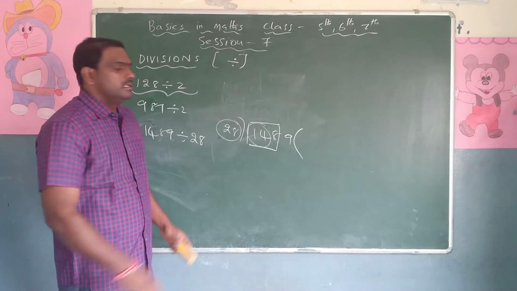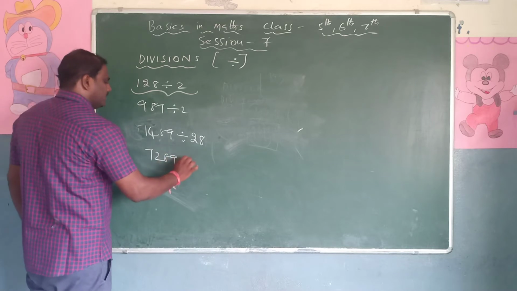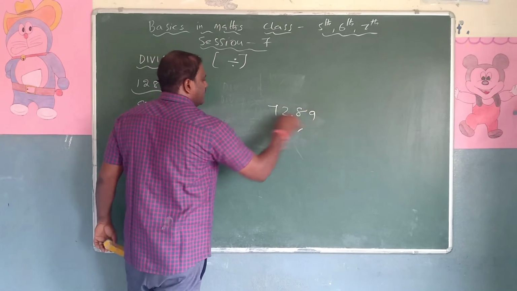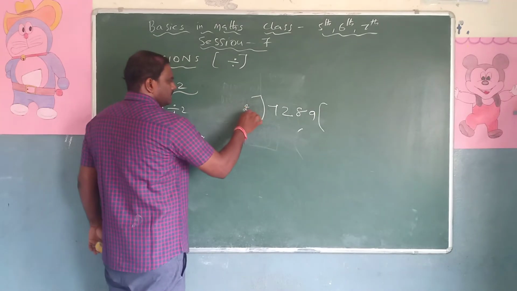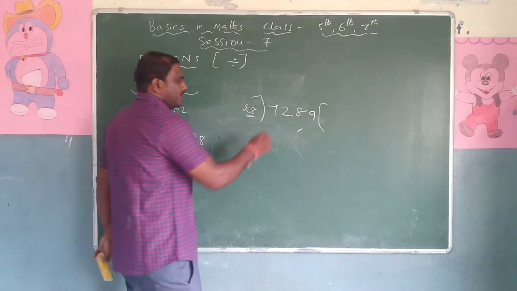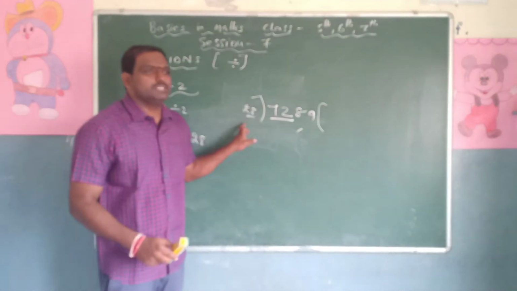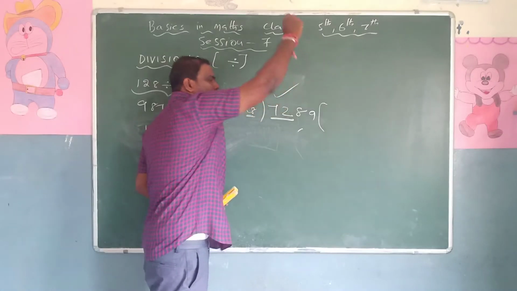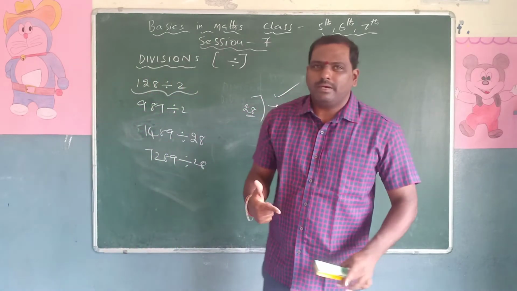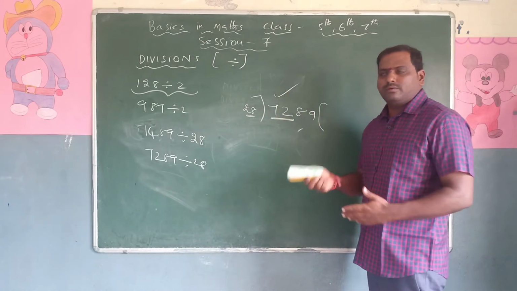That is the point. Suppose same type of question, 7289 divided by 28. Suppose this is the question. Look at this. How many numbers are outside the bracket? Two numbers. How many numbers we have to take inside the bracket? We have to take two numbers at a time. Now we have to check it. 28, 72. Which is bigger? 72 is bigger. So we can proceed with the sum. No need to take three numbers. So this is the basic logic you have to remember when you are going to do the sums. Okay? Now these type of questions will come while we are doing the questions.